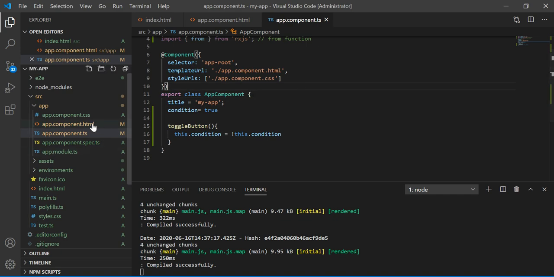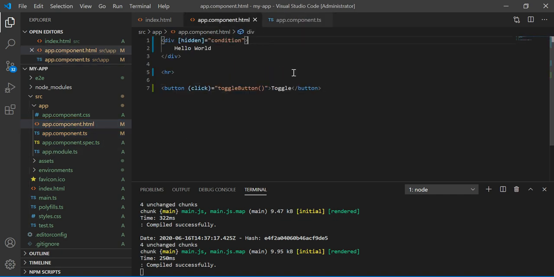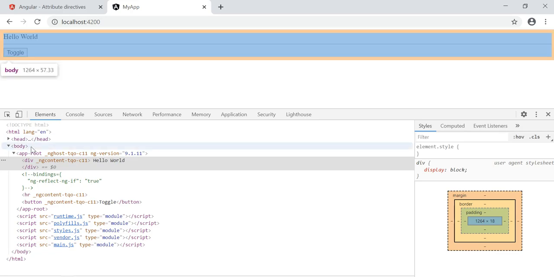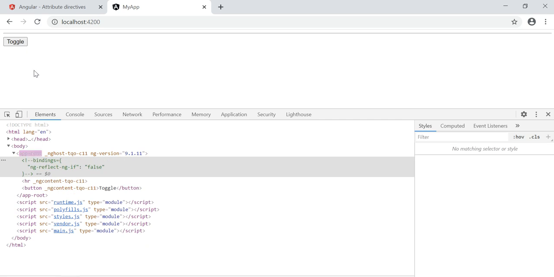So Angular has come up with another feature, and that is a directive, and that is a structural directive. So instead of hidden, you can directly use star ngIf. That's an asterisk sign, and inside it, the same thing happens, right? If I toggle it, you can see the difference, right? The div is directly removed from your DOM.